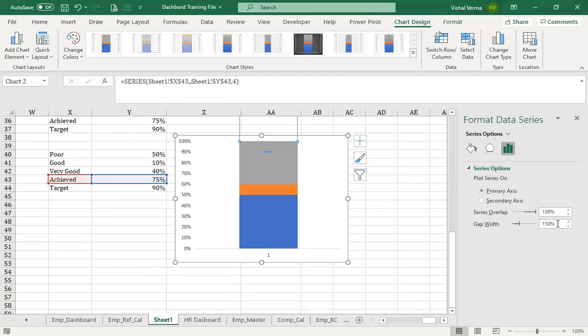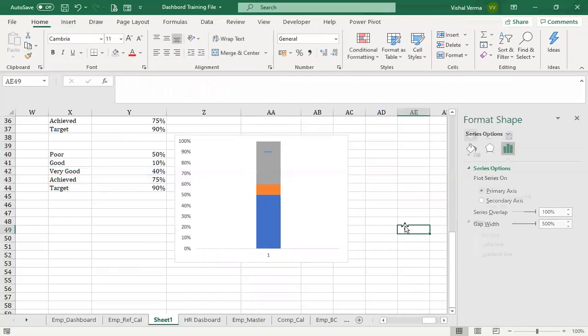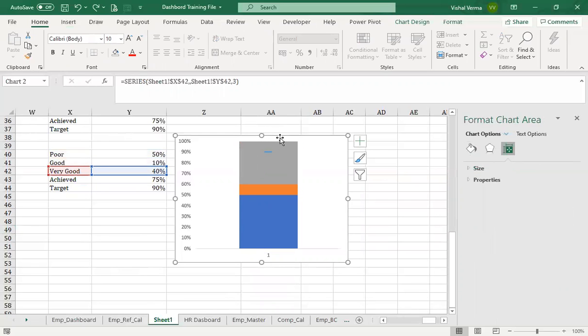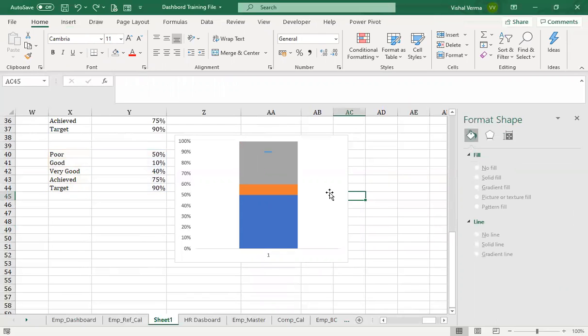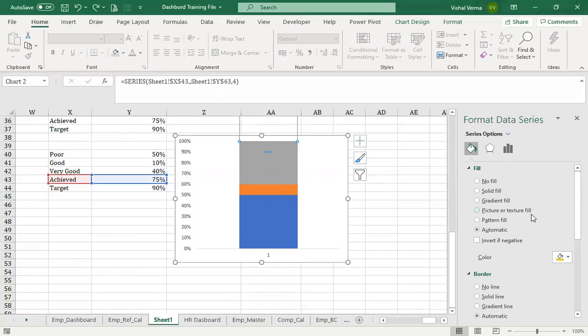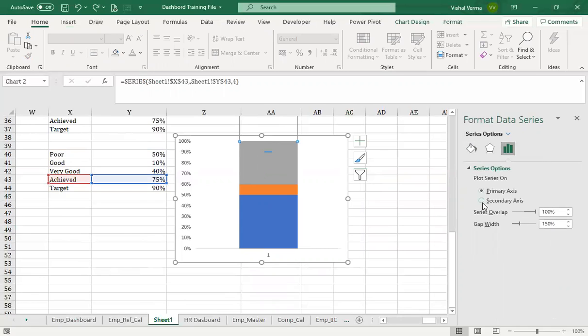Go here and make it 500. Select only the achieved, secondary option, and make it 5. Okay, so we got this.